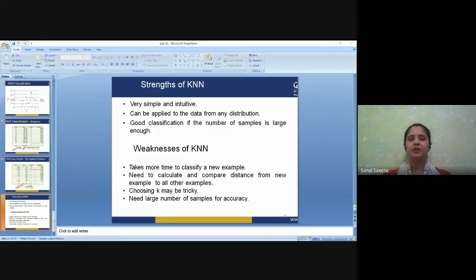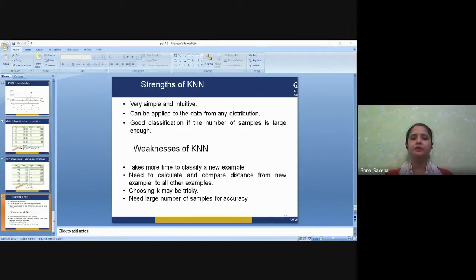Firstly, we will choose the number of neighbors. That is up to you, what value of k you are choosing. As I told you, there is no particular way to determine the best value of k, so we need to try some values to find the best out of them. The most preferred value for k is 5. A very low value for k, such as 1 or 2, can lead to noisy data and to the effects of outliers in the model. Large values of k are good, but even they can generate some kind of difficulty. So the moderate value which is normally taken is 5.